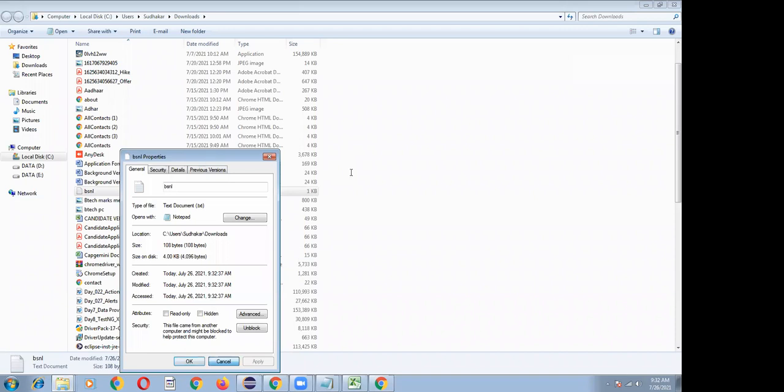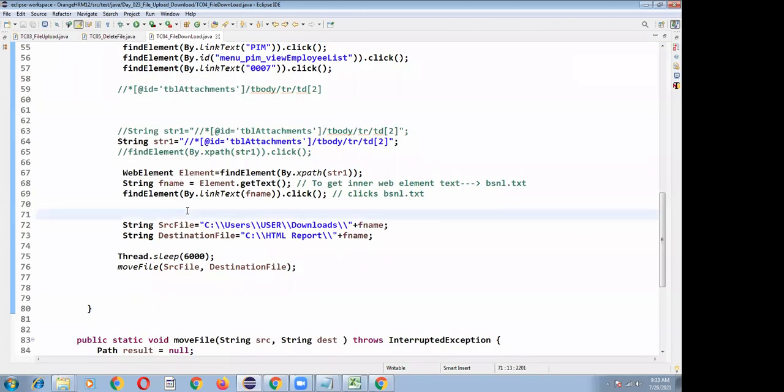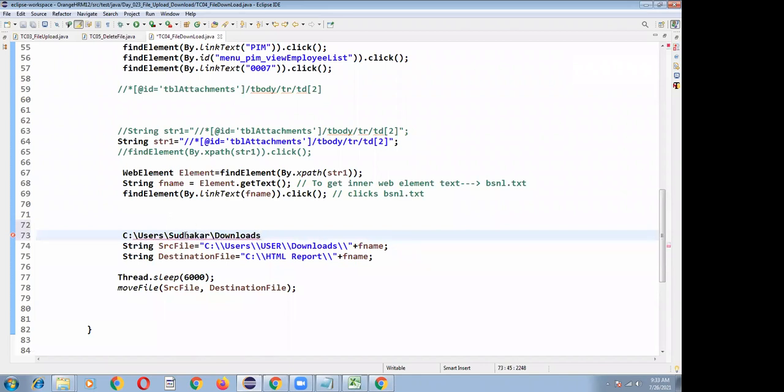Okay, let me go to my scripting part. Under C users, under Sudhakar, you also need to modify your script for where it is downloading.